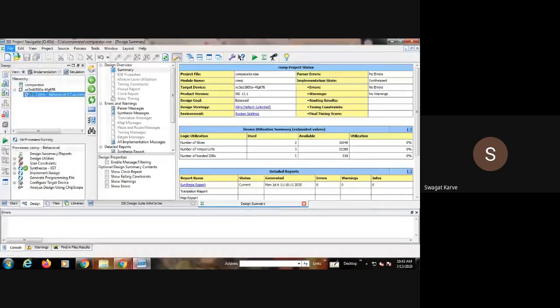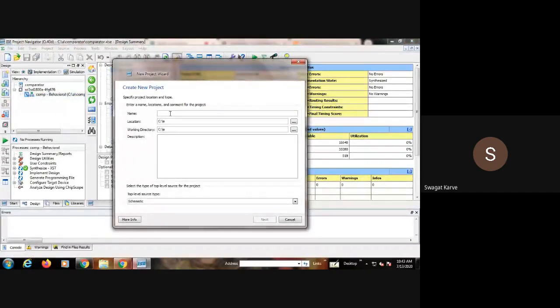New project, then what name can you give it? 241M.